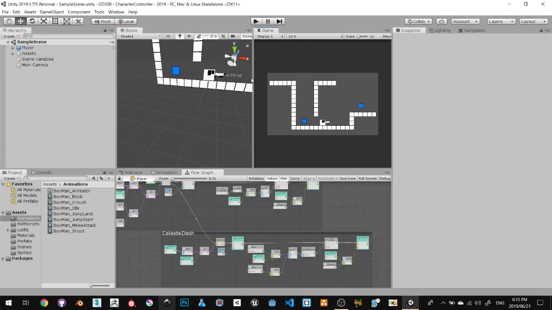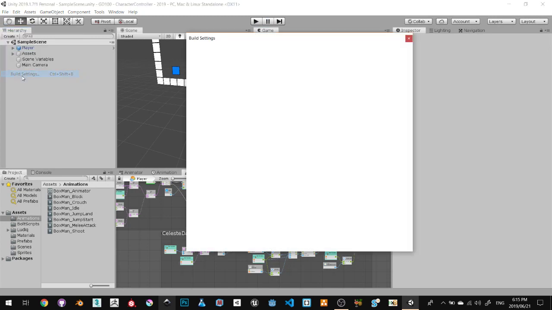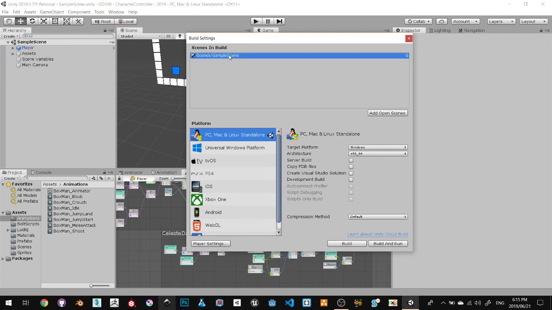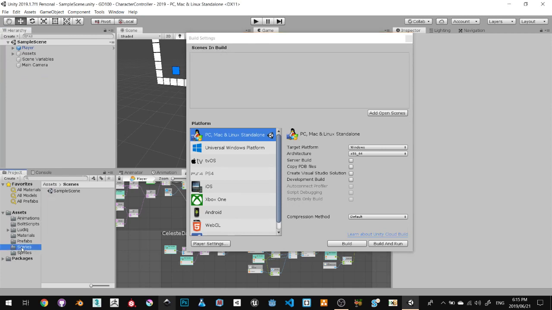So all of that is working. Now let's say I'm finalized and I'm happy with what I have, and now I need to do a build. So remember, you need to go to File, Build Settings, and in the build settings here you need to add the scene. So I normally like to clear this out, and I like to go to my scenes folder and